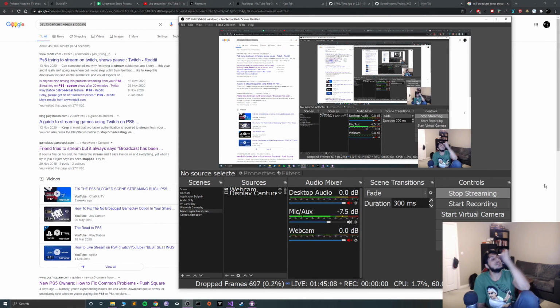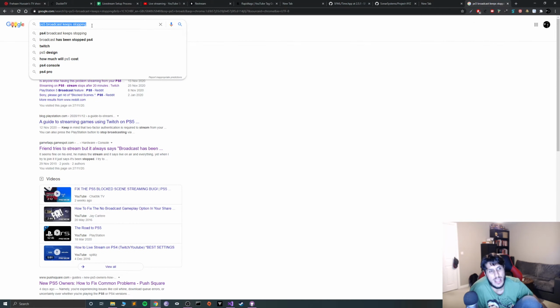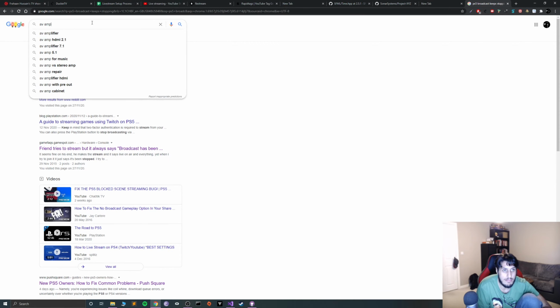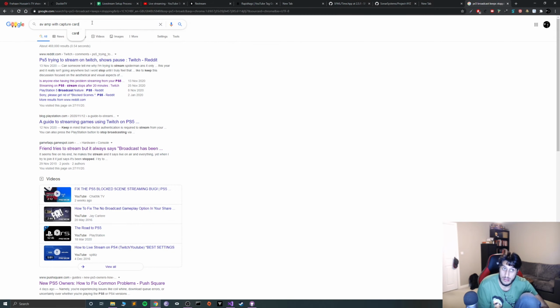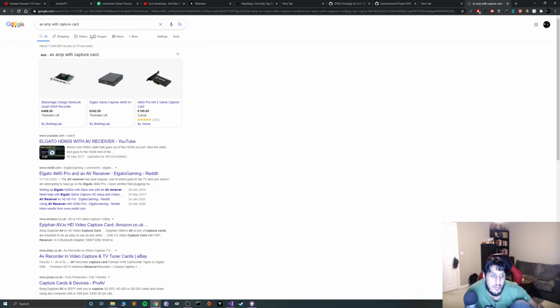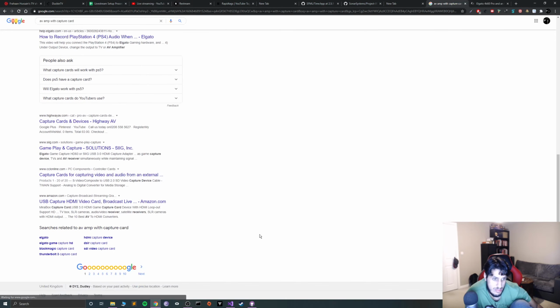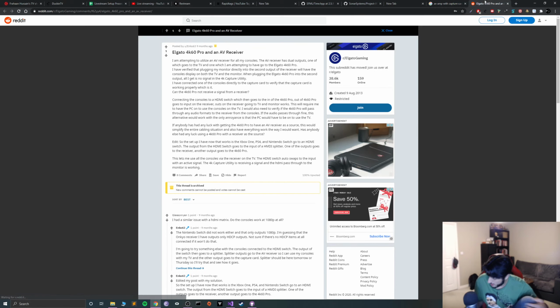And so the other thing, I'm going to have a look, because I do need to get an AV amp. I'm not going to get one yet, but if this fixes it, I might get it. An AV amp to use with a capture card. I don't want it with a capture card built in. I want to know about using the capture card with it. Let me go on to